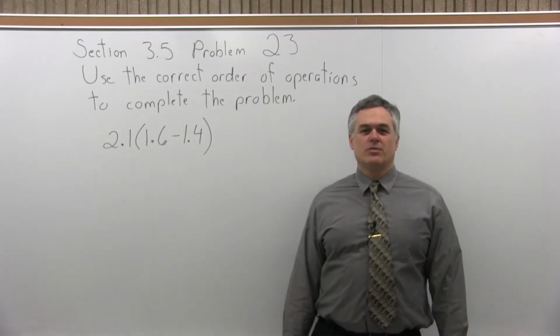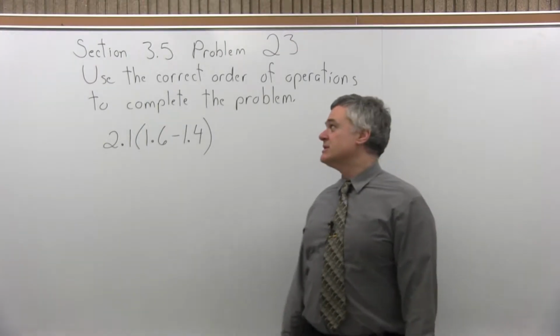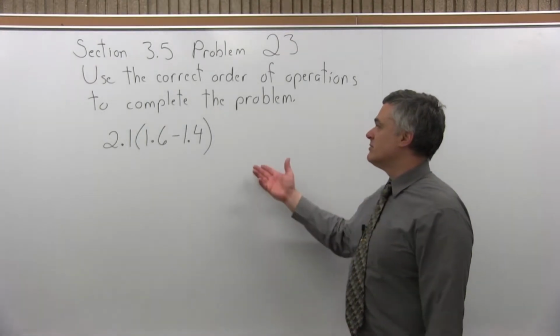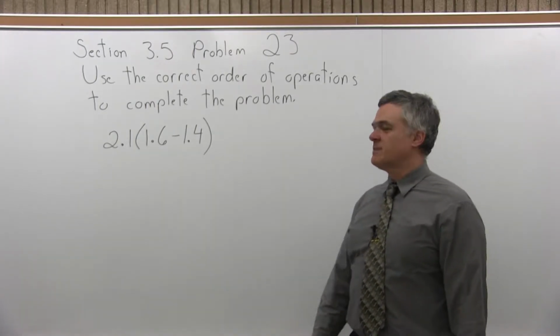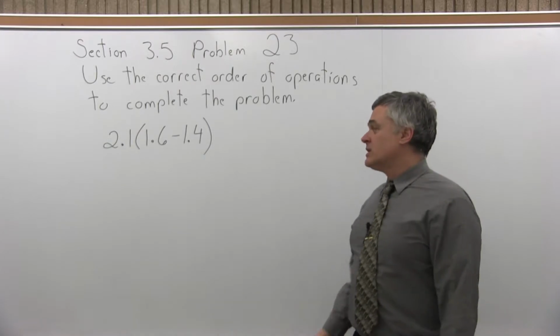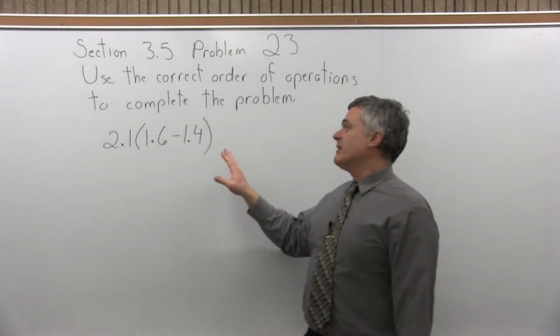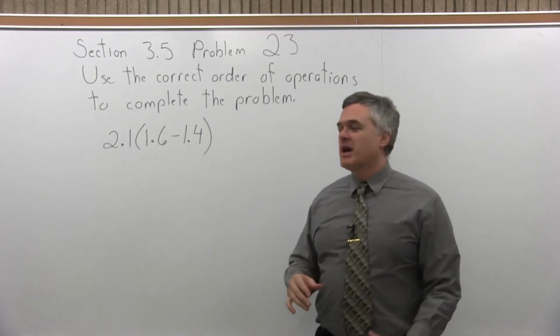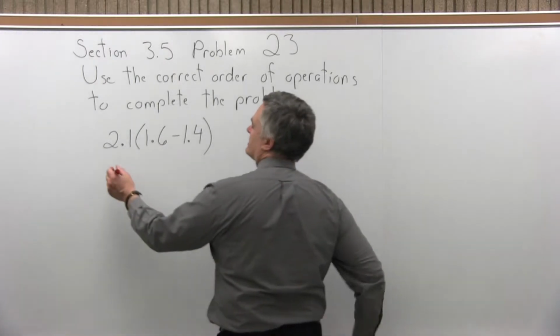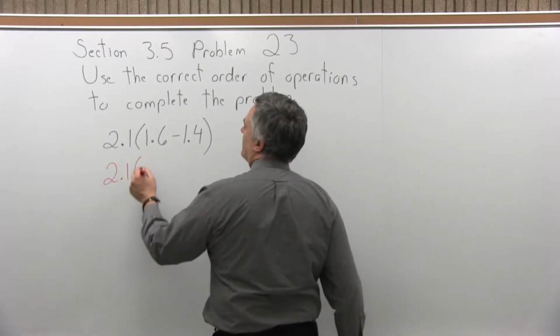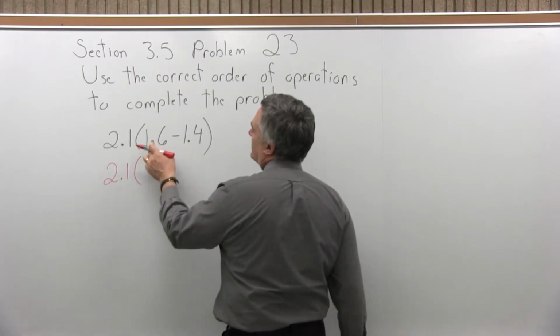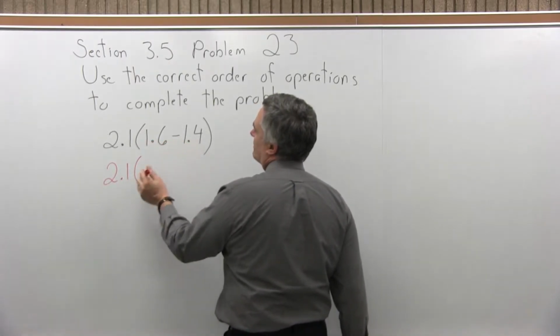This is Section 3.5, Problem 23. It says use the correct order of operations to complete the problem. And we have 2.1 times, in parentheses, 1.6 minus 1.4. Whenever you have any type of parentheses with any type of math, you need to do the work in parentheses first. So that's going to become 2.1 times, and I can do this without writing it out, 1.6 minus 1.4